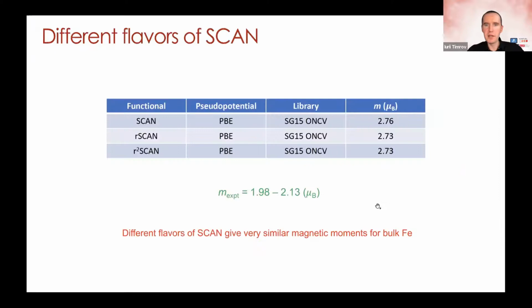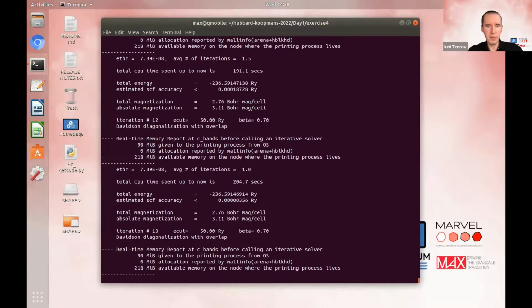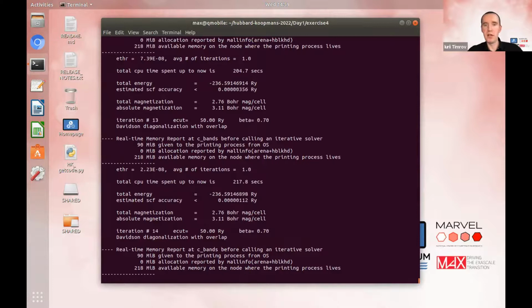Okay, that is for the next hands-on. We are done for now. The calculation for iron is still running, and probably we can use the remaining time to answer a couple of questions. We still have 15 minutes. Probably we can use these 15 minutes for the discussion about the whole hands-on, including hybrid functionals